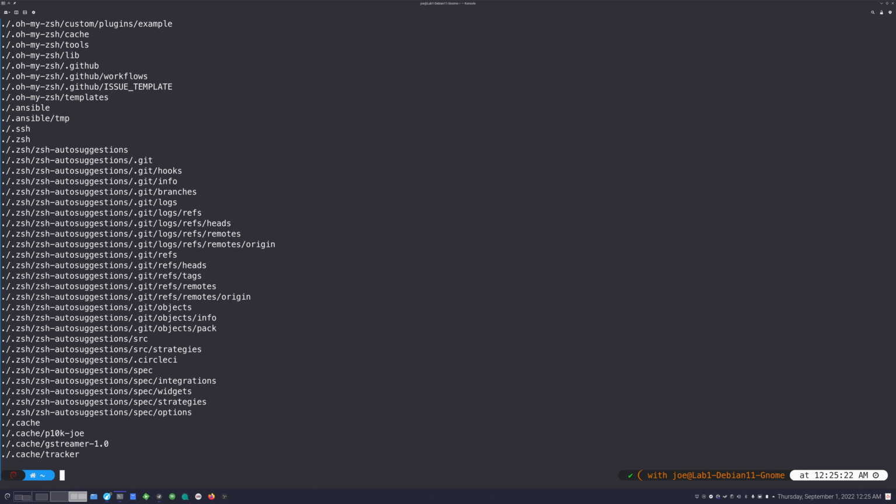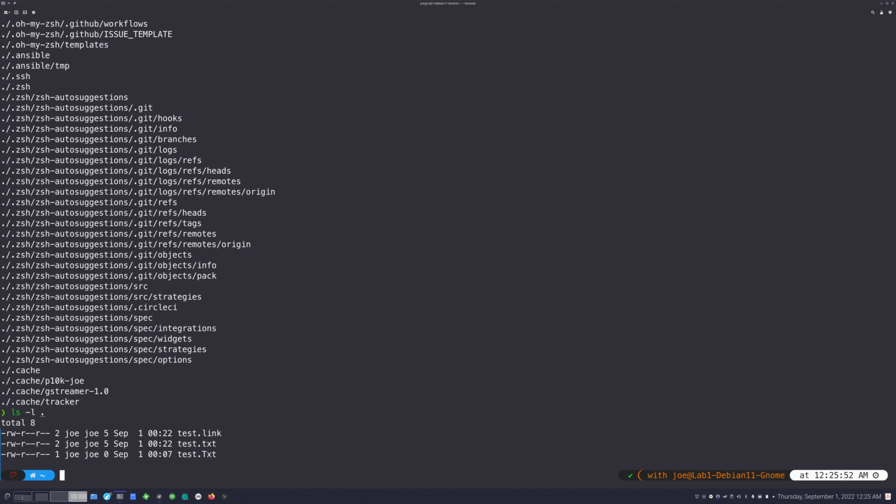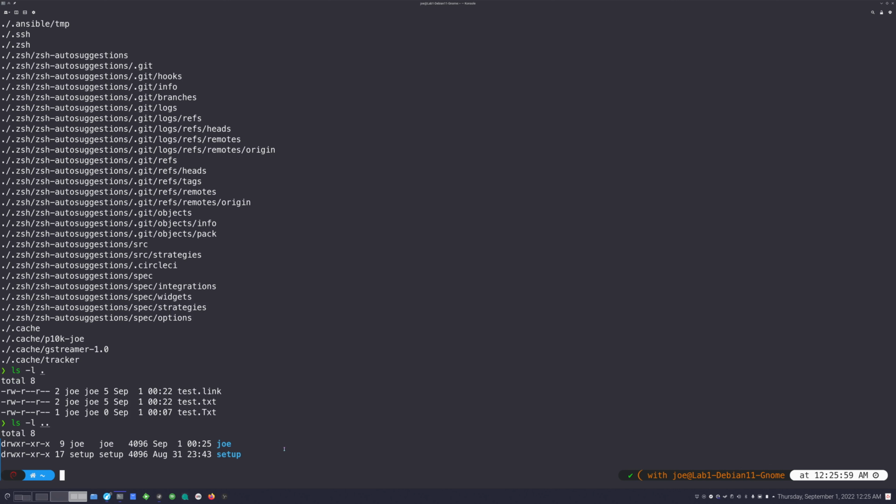If you look at any directory, say the directory that I'm in, with ls -l and then a dot, you're going to see that the directory that I'm in has that execute bit on it. And the reason is that in order for a directory to be openable by a user, it has to be executable. If you take that execute bit away, the user is not going to be able to open the directory.